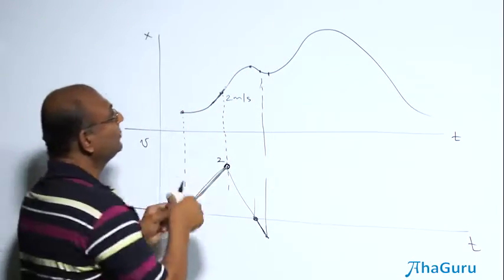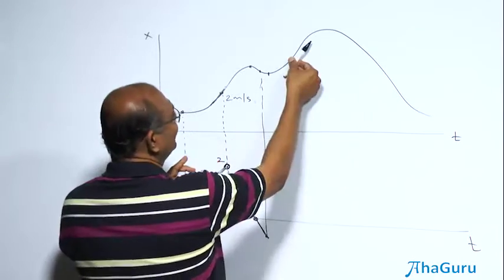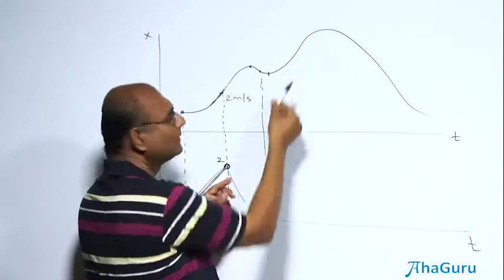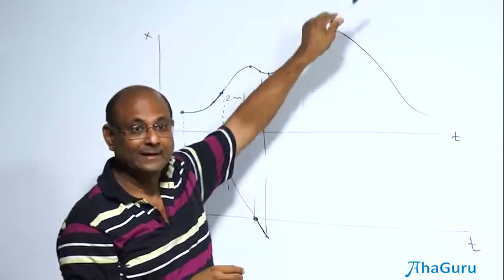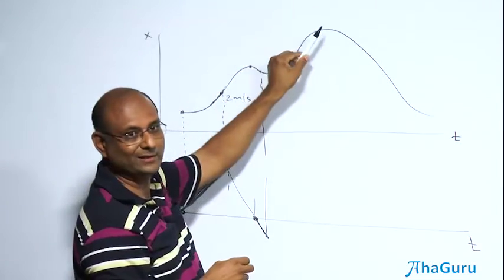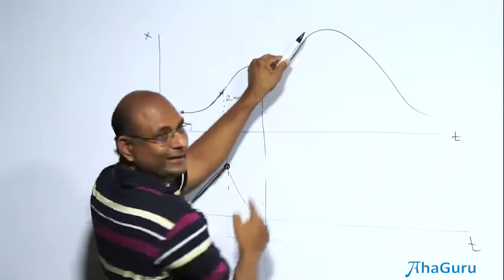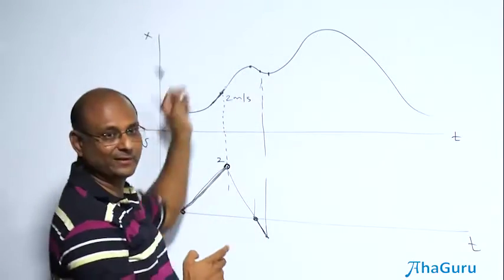So you look at this and you immediately have to look at this point and say, that is the velocity. That doesn't look like that is the velocity. It doesn't mean the velocity is pointing that way. It just tells you that the slope is the velocity. In fact, the velocity is pointing that way because the axis is this way.